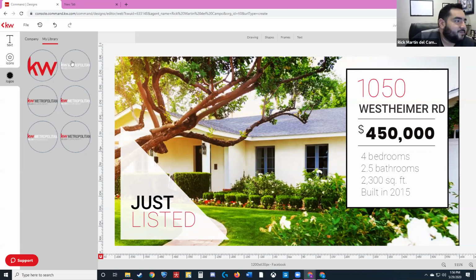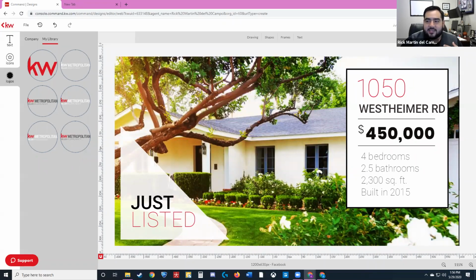logo. Oh, I just realized that there's been an update. There used to be a button down here that said add to library, and it was that easy. Now we've got to do it through the actual library, and I'll show you how to do that shortly. But just know this is where you locate the logo. Once you've uploaded it, it's there.